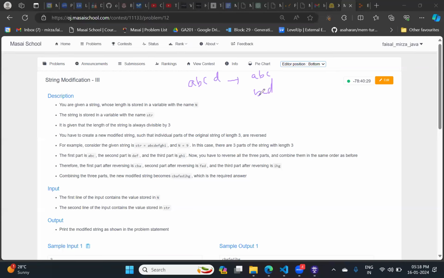Is it clear, everyone? Please confirm the problem statement first, then we will move to the second step. Is the problem statement clear? Okay. Now, the second step: for the parts you have divided, for example, the given string, see the length. What is the length, Abhishek? 6, sir. So how many parts can be formed?